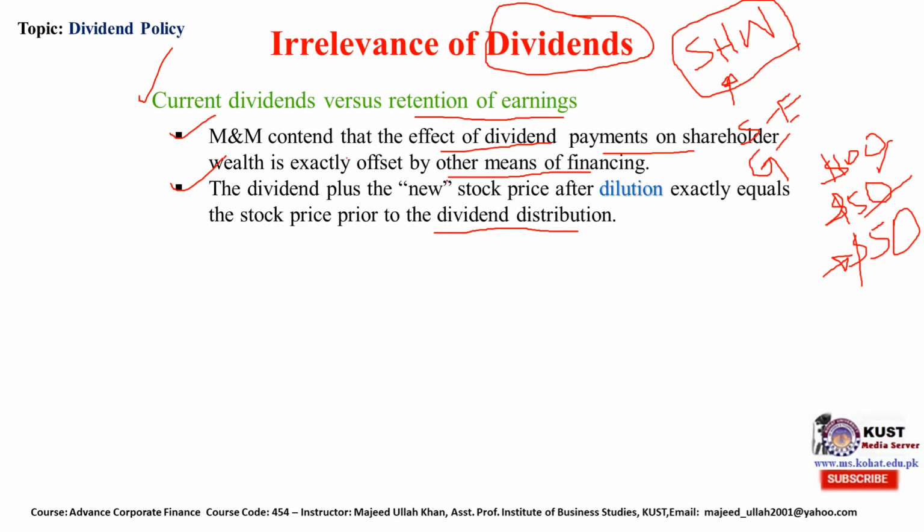So if we say that this $50 will be raised from issuing new stock, the number of shares will increase and earning per share will become diluted. We will discuss earning per share in a coming example. So theory says that dividend decisions have no relevancy in shareholder wealth maximization.